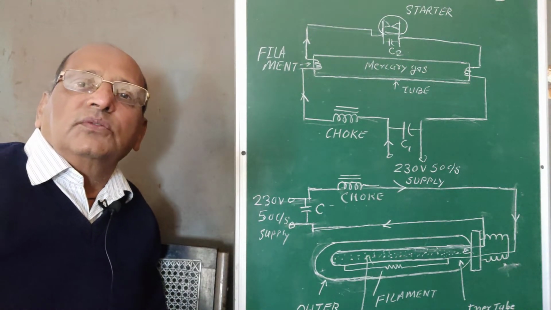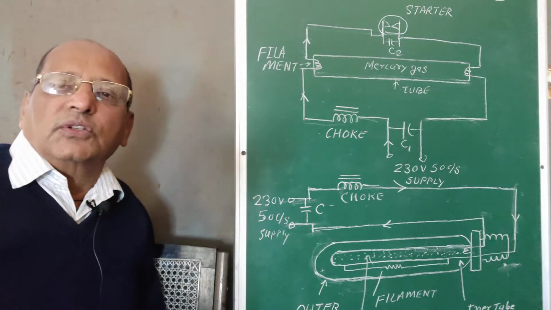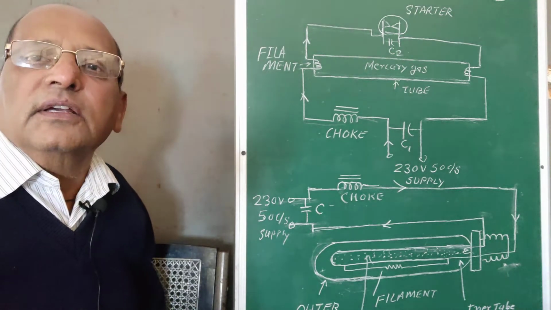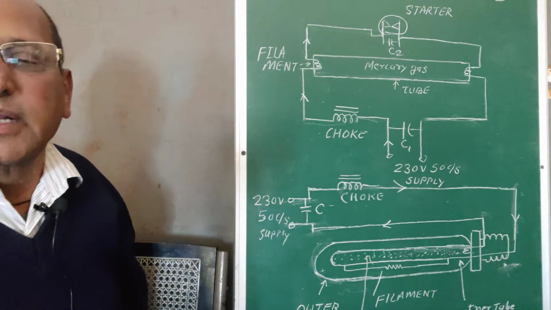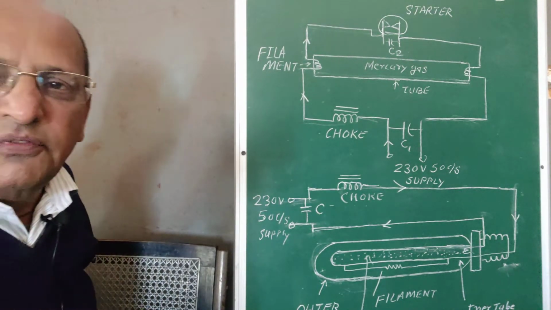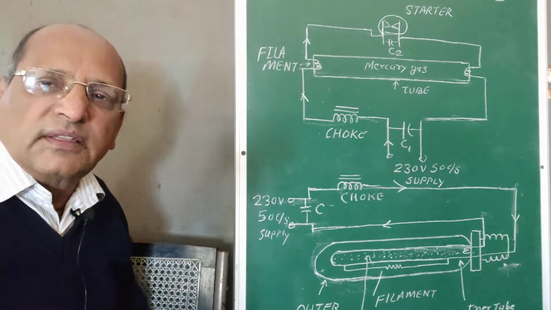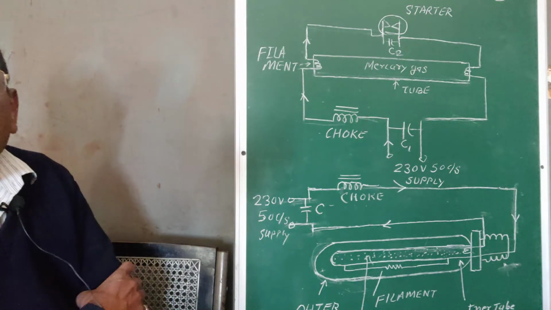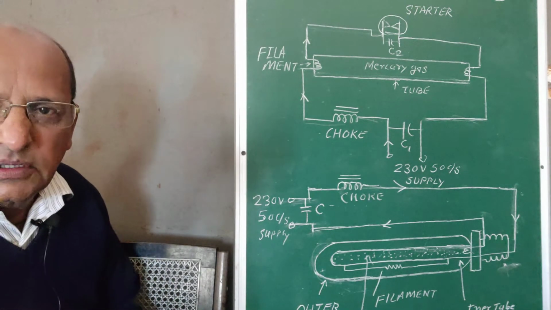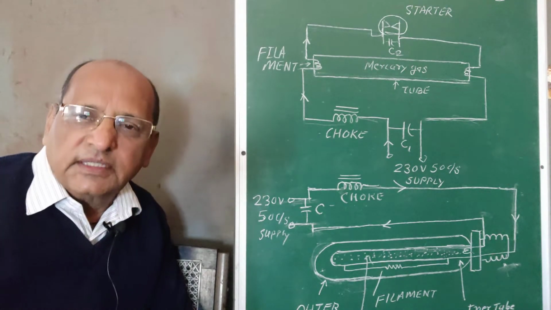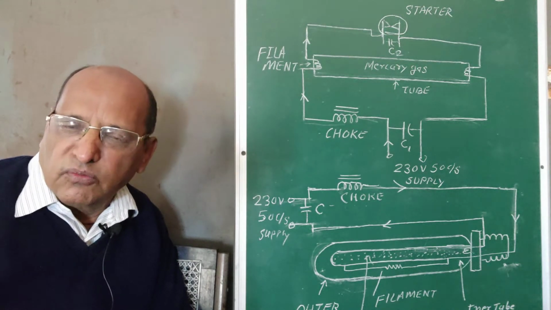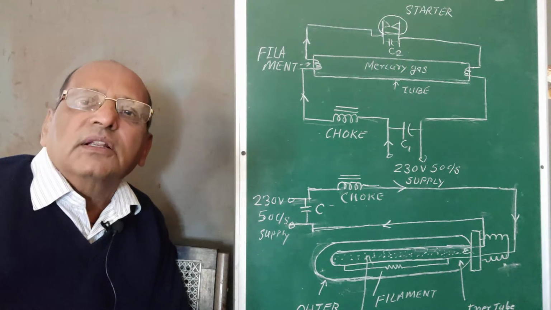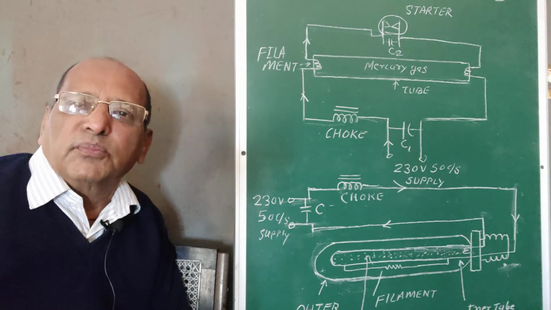So we use this simple circuit of tube light for understanding. The tube rod is available in the market with 3 feet length. Nowadays small tube lights are also available in 2 feet and 1 foot lengths. Chokes were previously copper or aluminum winding mounted. Nowadays polyester chokes are available. So the circuit is very simple.